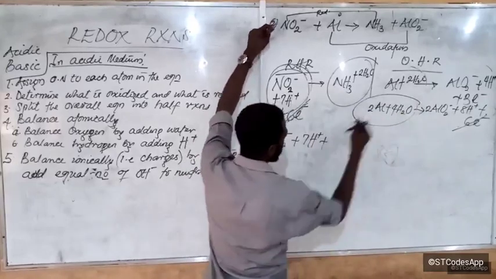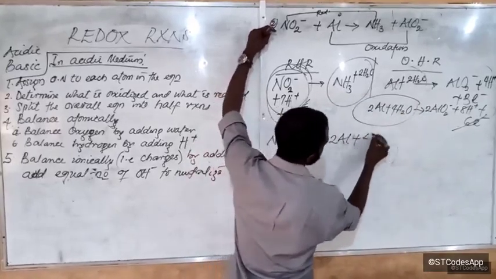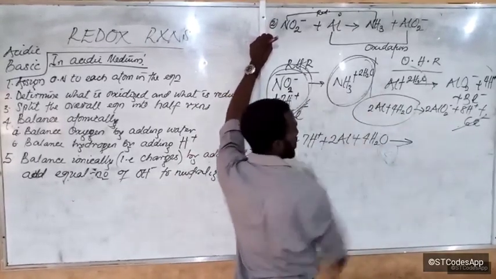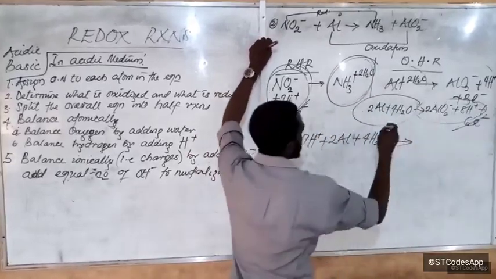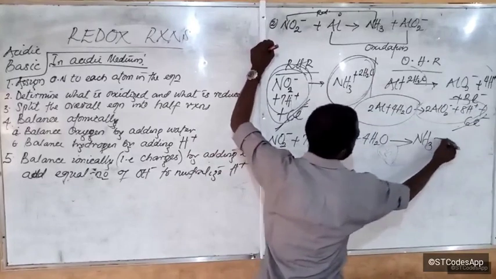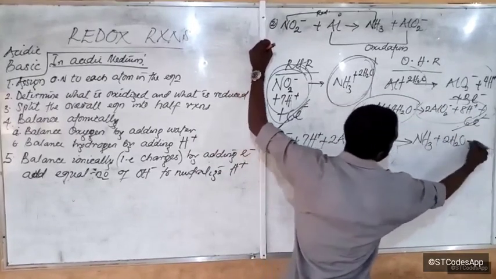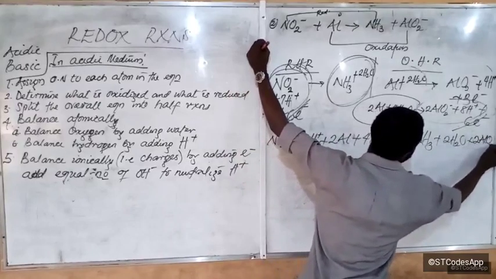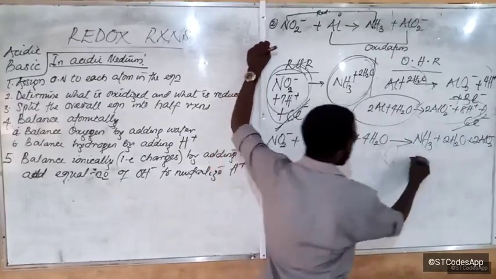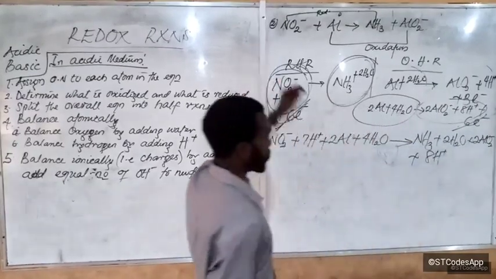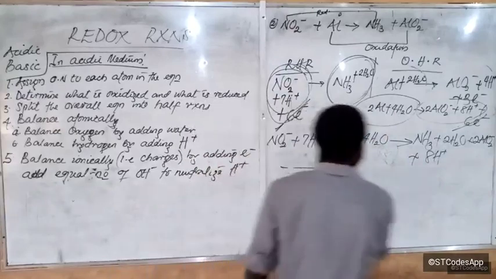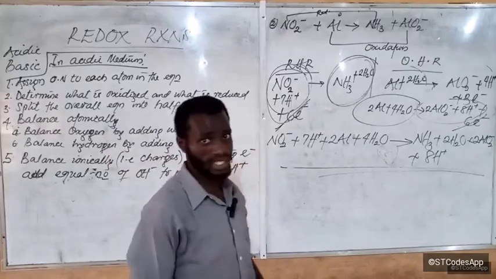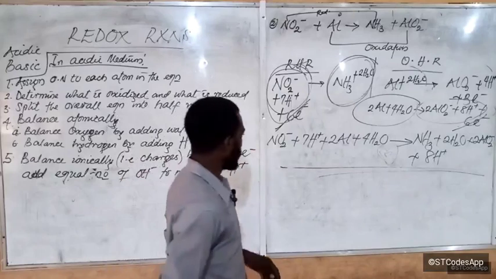Because we multiplied by 2, this is what we newly have: 2Al plus 4H2O. Is that okay? Then to give us this right side, our new right side: NH3 plus 2H2O plus this guy, 2AlO2 minus. There's a minus there. Plus 8H plus. All right, and this will be our overall redox reaction. And let's check if it is actually balanced both atomically and ionically. For example, here we're going to have